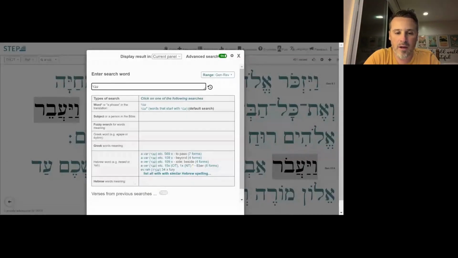Let's see, I got my keyboard set to Hebrew, and I'm going to type in. I hit the search button already. I'm going to type in Ayin Bet Resh, and there we go. And you'll see that avar pops up, and it pops up quite a bit, over around 600 times, or more than 600 times, almost 700. There are different forms, so you can see here that we have avar 569 times, to pass, but we also have avar beyond 109 times. We're going to look at avar to pass,